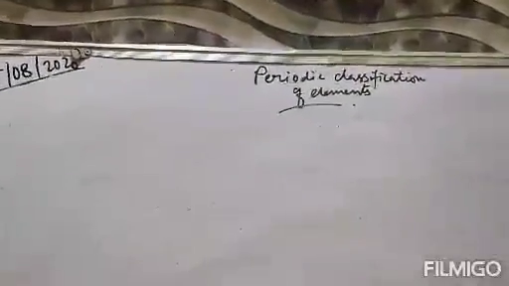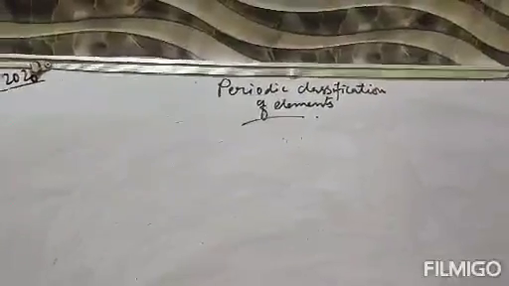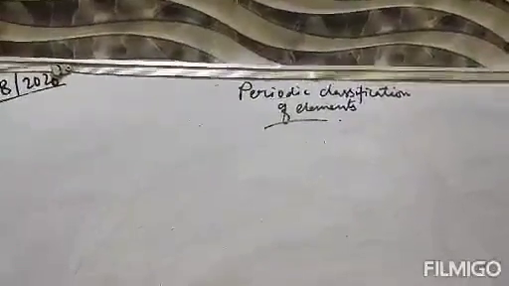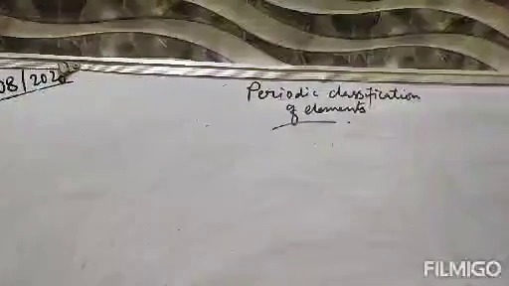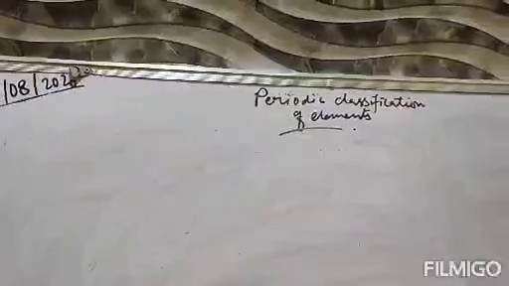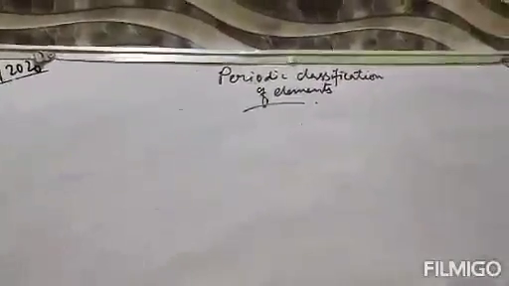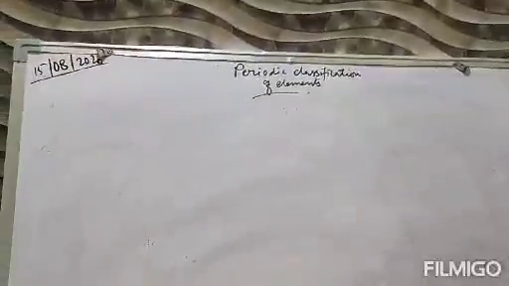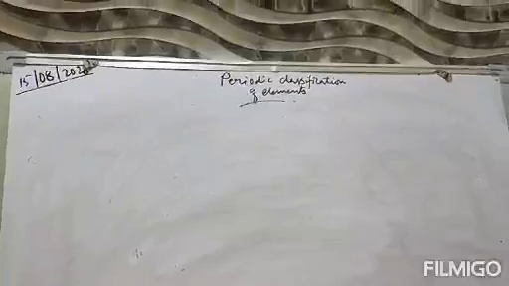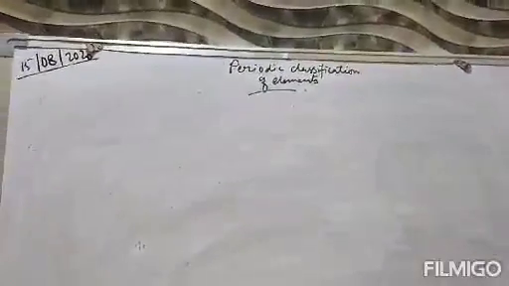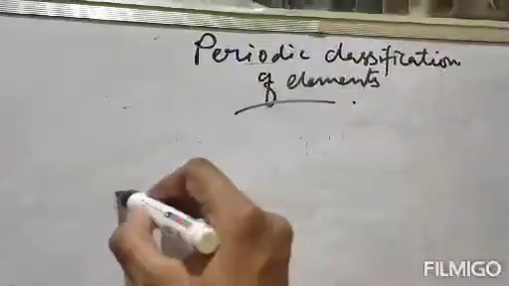In that session we have already covered basic things about this periodic table. We covered groups and periods, Dobereiner's law of triads, Newlands' law of octaves, and also the modern periodic table, its limitations and some important characteristics. In today's session we will discuss the different properties of elements that vary according to period and group while arranging these elements in the periodic table. So basically in the modern periodic table